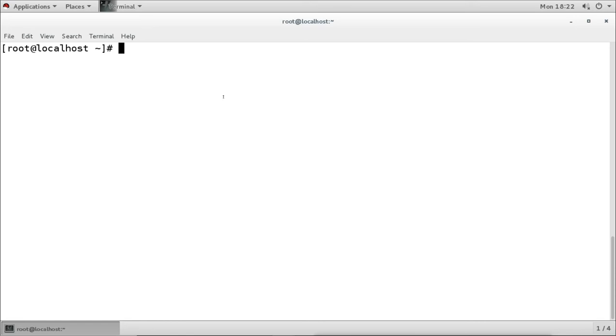Now the first basic problem we can see is the root user password. For example, we forgot the password of root, or the person who configured the password is not available, and is not contacting us, and we are not getting the password, and we want to log into our Linux and do something.